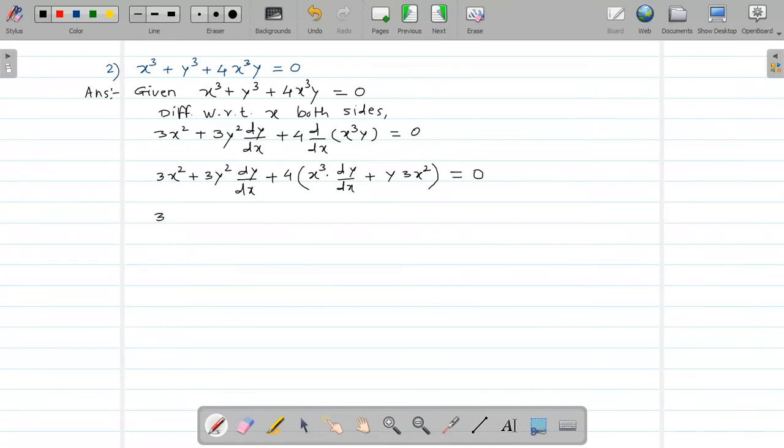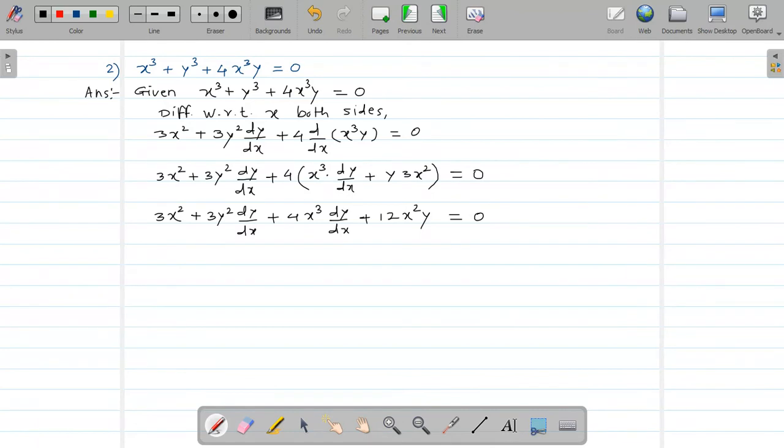Okay, now the next step is keep 3x square plus 3y square into dy by dx. Now solve this bracket by multiplying by 4. So we get 4x cube into dy by dx plus here 4 into 3, that is 12x square y, is equal to 0. Now to get the final answer as dy by dx, first of all see all these